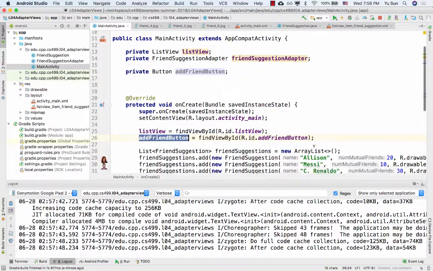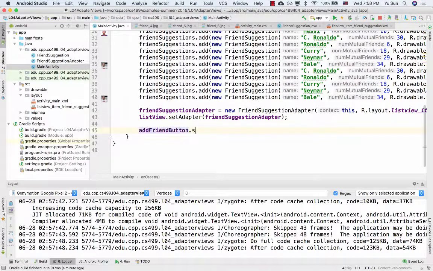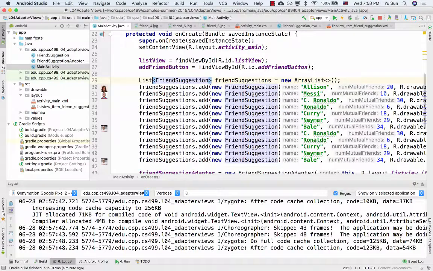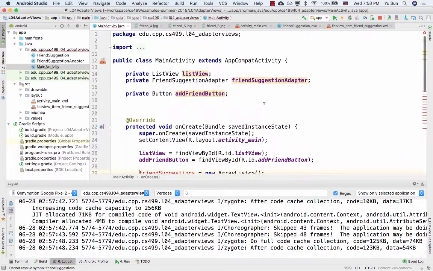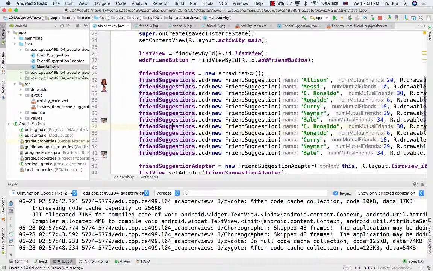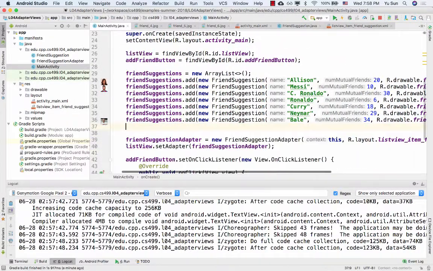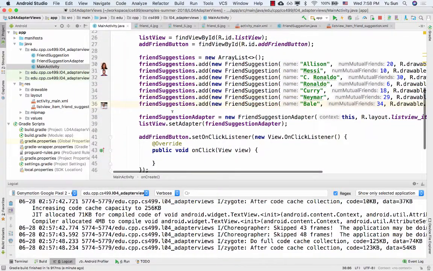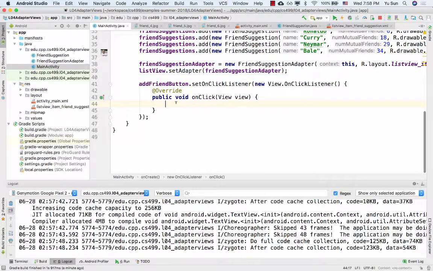All right, so now I'm going to program this. If you ever click on this button, set on click listener, and then I will need to do something like this. In that case, I have to declare this at the top of my class so that I can change it anywhere I want. Maybe delete some of this. All right, and then I will just go here and say friend suggestion is new,